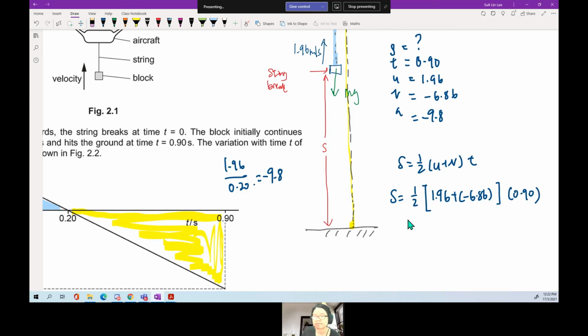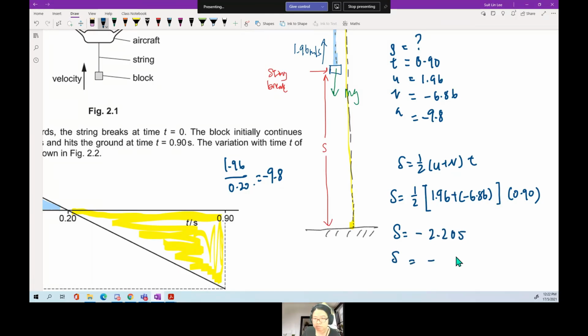This one also can. Of course, your working will be less. 1.96 minus 6.86 times 0.90 divided by 2. So I get the exact same answer,